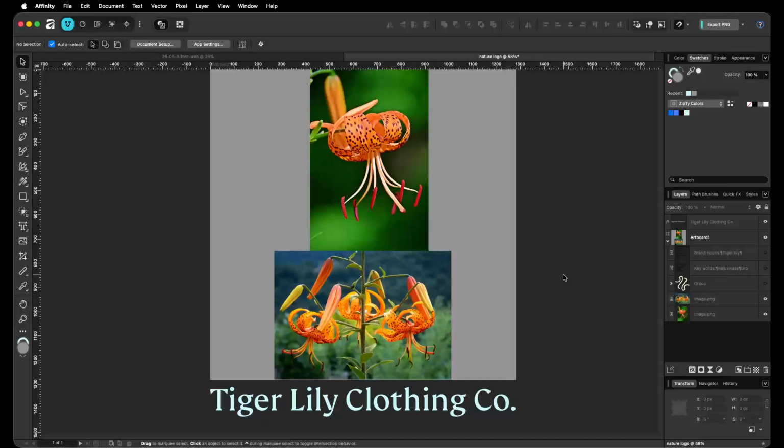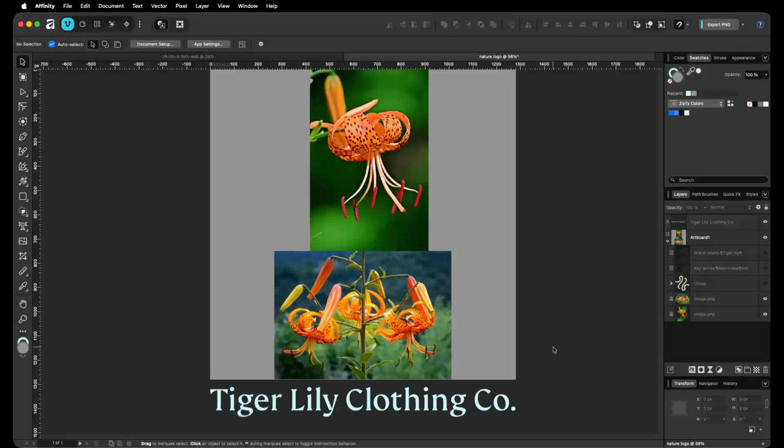a logo for. So I have these pictures of tiger lilies. They actually will come into play here in a little bit. But when I was coming up with a random brief for myself, I had the idea of a clothing company, and of course it's going to be a little bit of a higher end clothing company. So then I thought, putting myself in the mind of someone creating this brand, what are the kind of